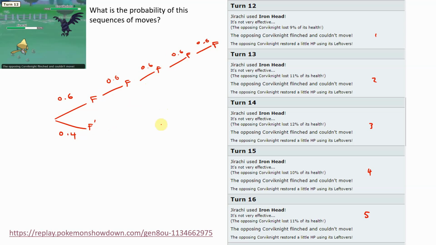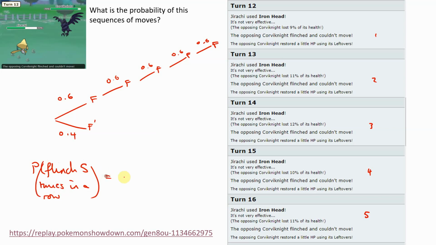All the rest of this stuff is not what's happened in the game, so we don't bother wanting to even draw it because it's going to take too much time. So the probability of a flinch 5 times in a row